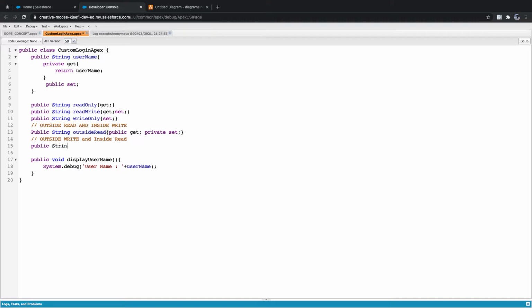Public string, inside write, let's say, inside read. Sorry. Outside read and inside write. Okay. Outside write and inside read.